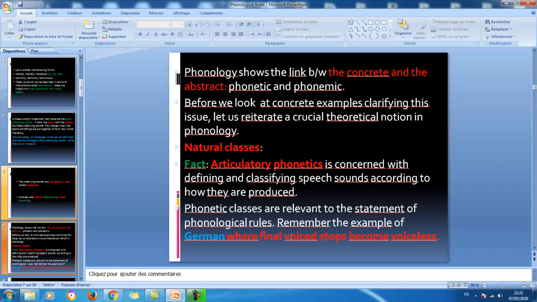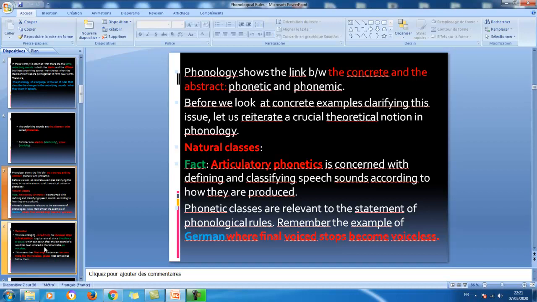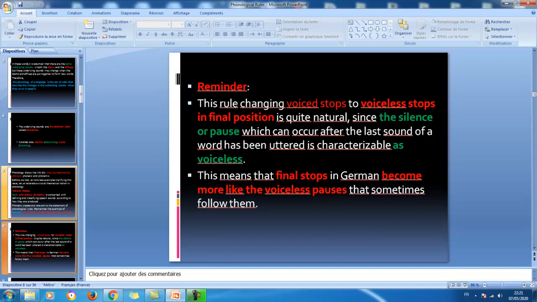And this is a concrete example that we saw before in a previous lecture, where we talked about German sounds, where final voiced stops become voiceless. So we have already talked about this case. Let us, just for clarity's sake, repeat that example. This rule, changing voiced stops to voiceless stops in final position, remember, final position, this is very crucial here. This is quite natural,